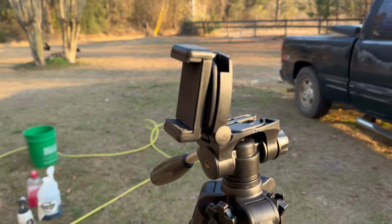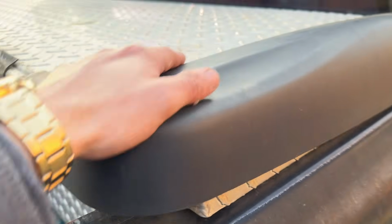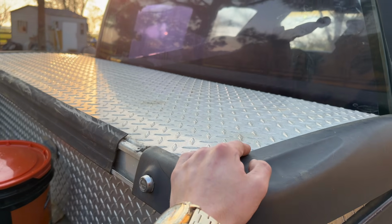Also, check out this new thing I got. It's gonna make my videos maybe a little bit better. I'm so excited. I know I take this old raggedy toolbox out sometime, but so we got the black